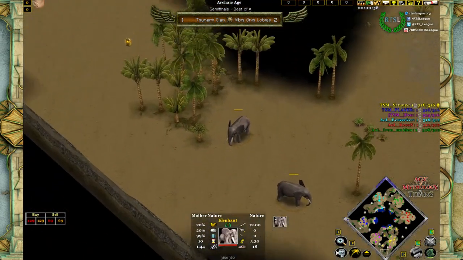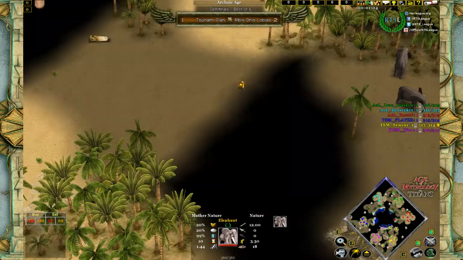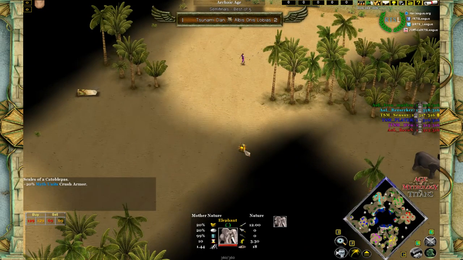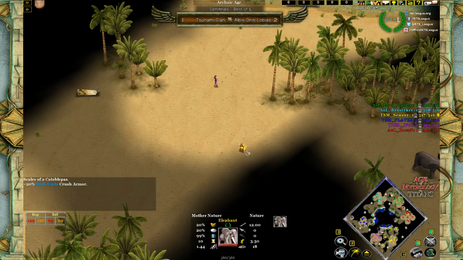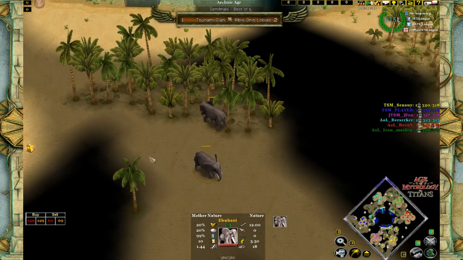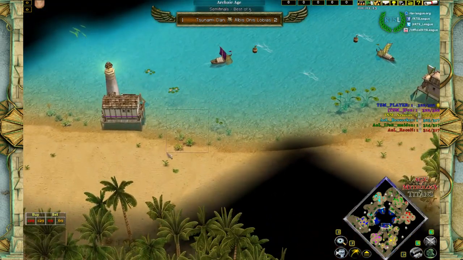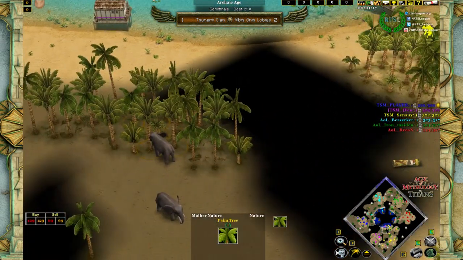Some extra elephants at the back and some first relic also. That's Caravan's cost and speed. That's pretty useful. Another relic here with 20% myth unit crush armor, which is pretty nice, and we're probably going to see a Colossus here in this game of the Zeus mirrors. And another extra elephants, which are going to be pretty nice indeed, as they are protected from the water by the tree line, so shouldn't be under